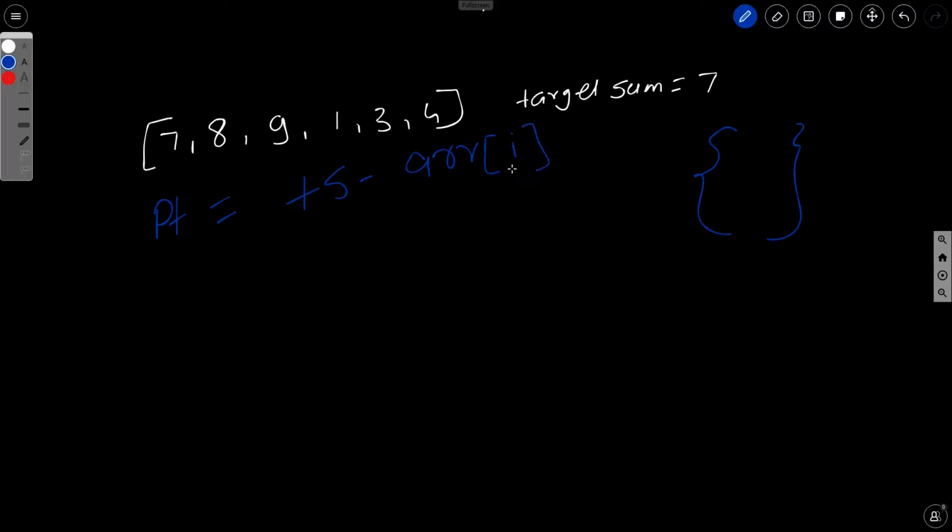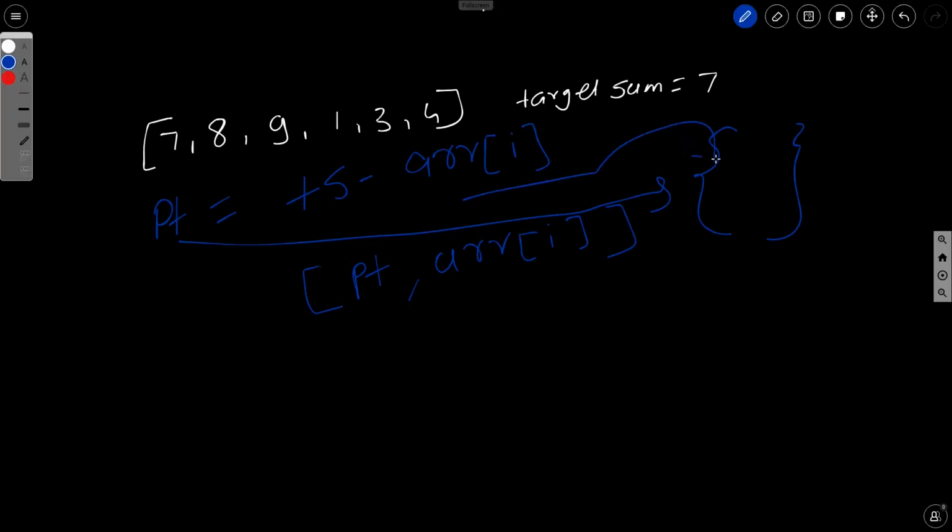It will be updating every time, and we'll check if this potential match is present in the dictionary or not. If it is present, we will be returning the potential match plus arr of i, whatever it will be. And if it is not, then we will be just adding this number into our dictionary for checking.